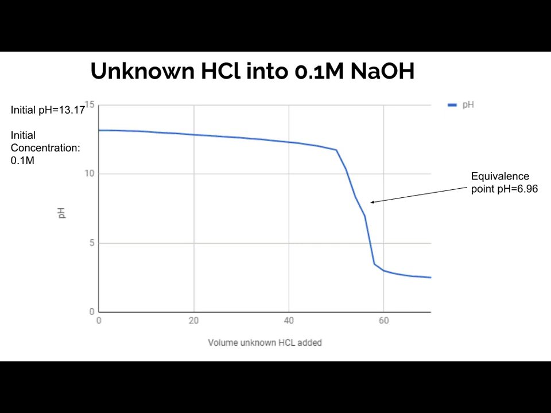If you look at the graph right here, this is our strong acid and strong base. It starts basic because we're titrating the HCl into the NaOH, and then it goes down, and there's no buffer region, and there's no little curve at the top because they're both strong. Our equivalence point is about right here at 6.96, and our initial pH is about 13.17, which is indicative